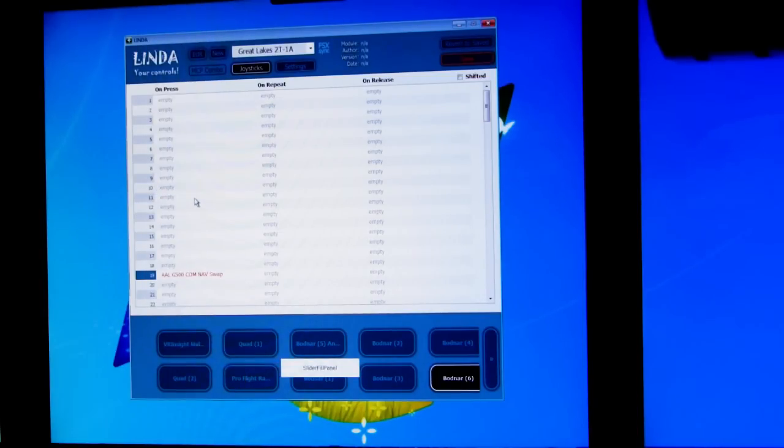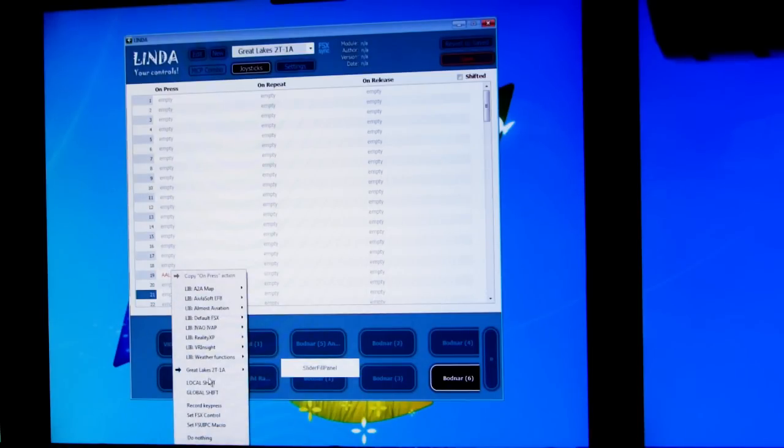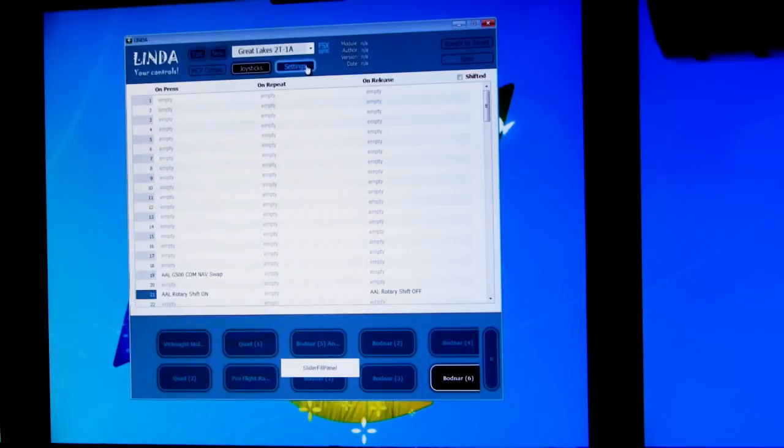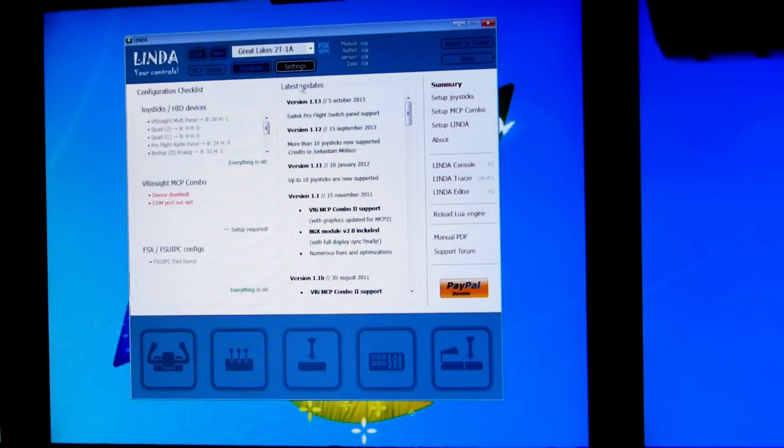So what that does is when you push the push button, it flip-flops between controlling the COM1 radio and the nav1 radio. And the next thing we have to do is, again, the center push on the rotary control itself, the down action has to be mapped to rotary shift on, and the up action has to be mapped to rotary shift off. We'll save those, we'll go reload, and what we should find